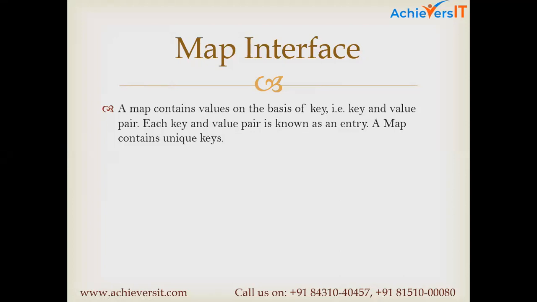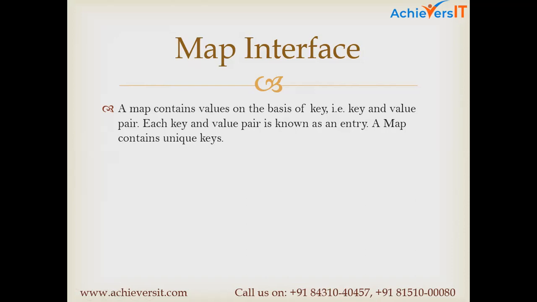So in that case, based on the requirement, if it is okay for you to contain duplicate values in a list, then you can go for the map interface. If you don't want even duplicate values in your list, then you should go for set. Okay, I'll explain that comparison later. But for now, you just see how the map interface works.